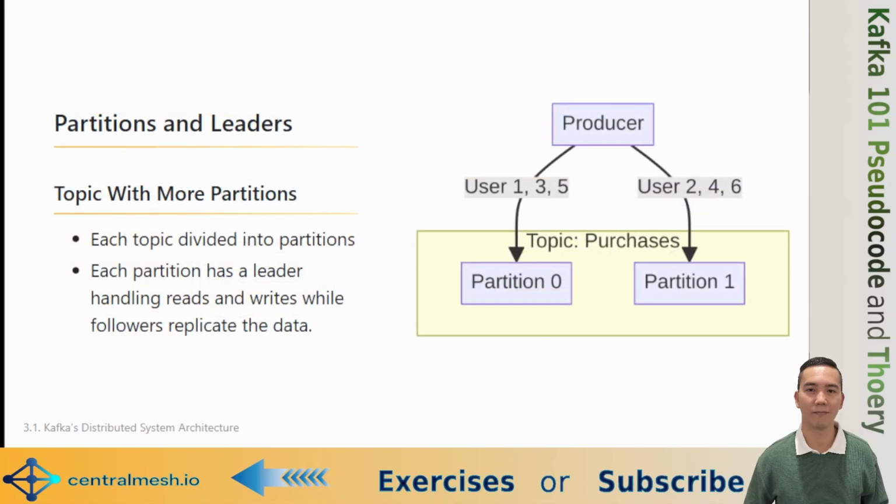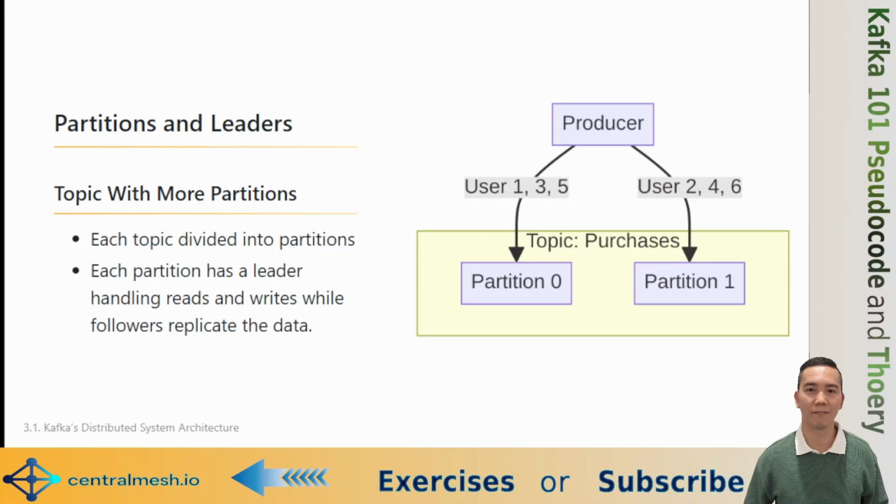Kafka divides topics into partitions to achieve parallelism and scalability. Each partition in a topic is assigned a leader broker that handles all the read and write requests. Meanwhile, follower brokers replicate the leader data, providing redundancy and ensuring high availability in case of a failure. This partitioning allows Kafka to handle massive amounts of data efficiently by distributing both the load and processing tasks across